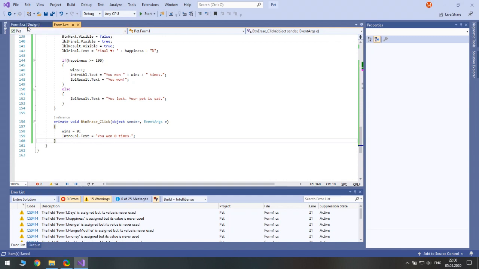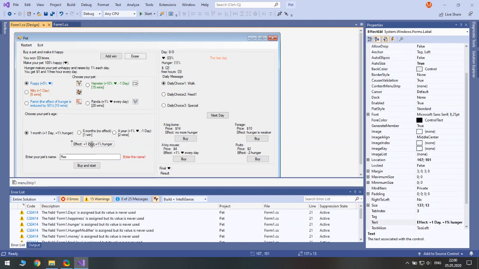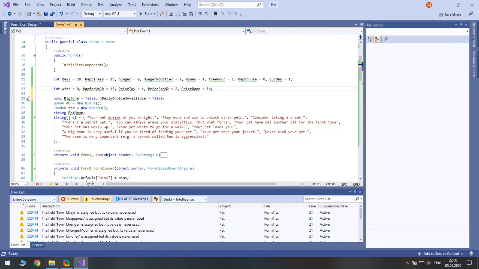So this will reduce the number to 0, and also, by the way, we wanted to make changing these radio buttons cause this label to update respectively to what is selected. In order to save some time, we will not use 3 different events. We will use just one and call it for each of them. So double click any of them. I don't know why it keeps creating new methods here.